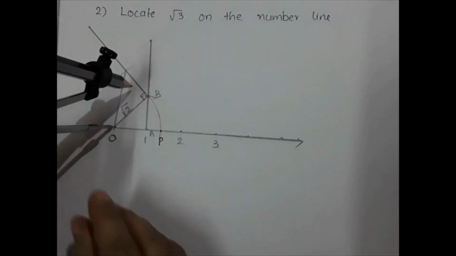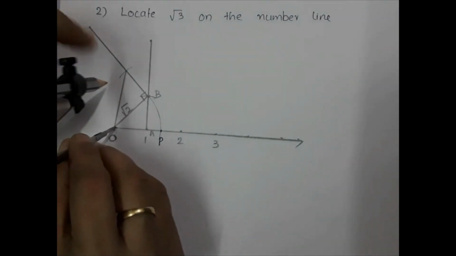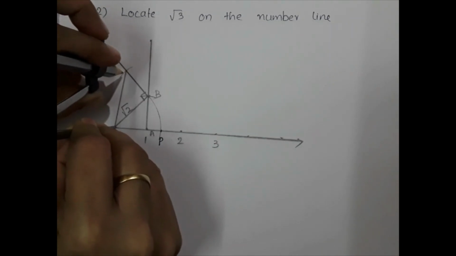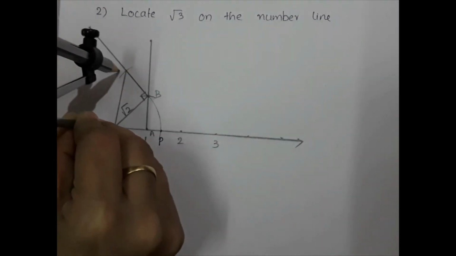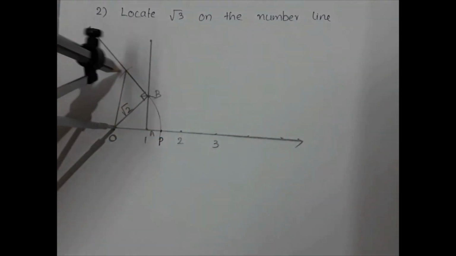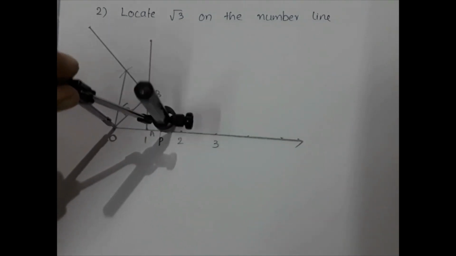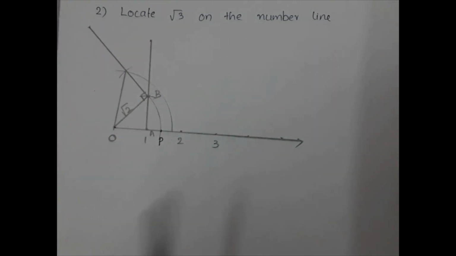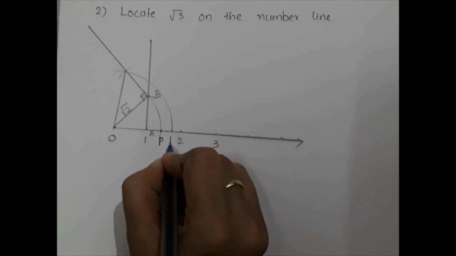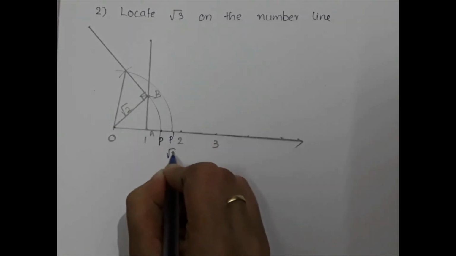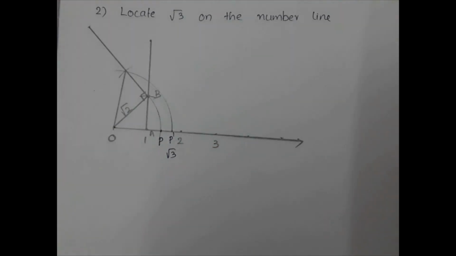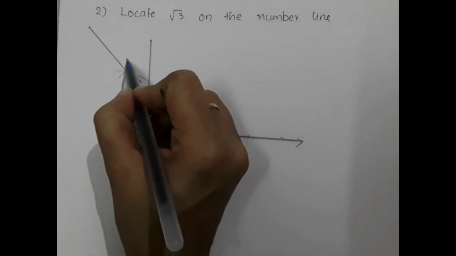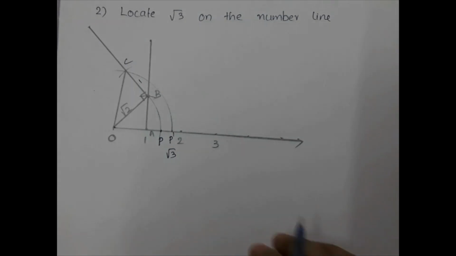And while you are taking this much distance, and draw the arc, that point P dash represents root 3. Okay, we will clarify that. So this is our 1 unit. So here at B, you can mark that point as C. Okay, so you can apply Pythagoras theorem there, is it?